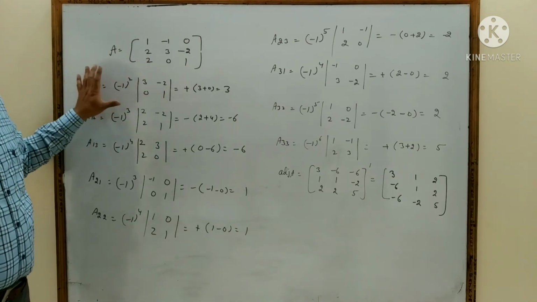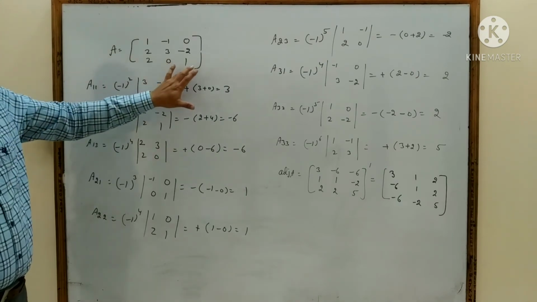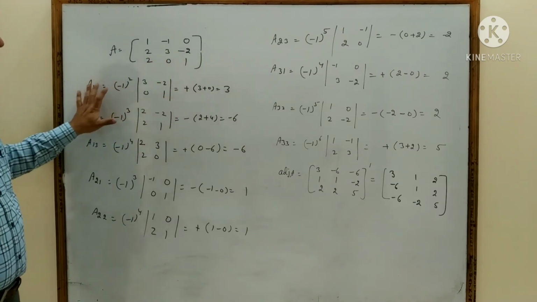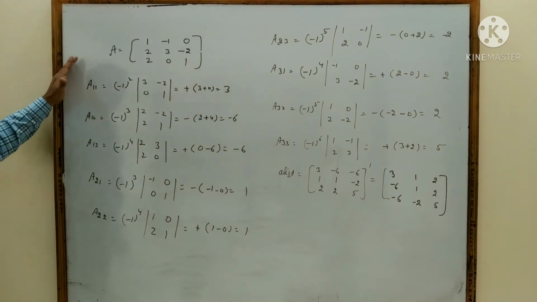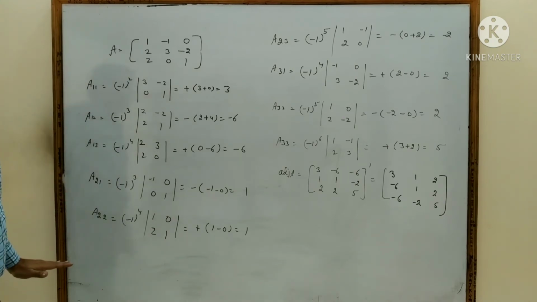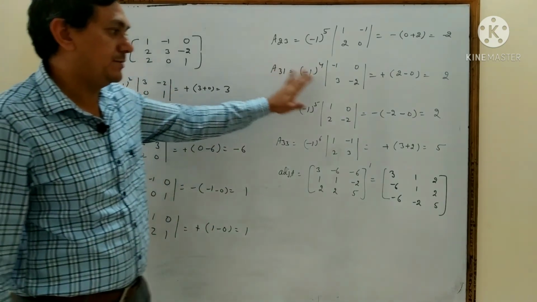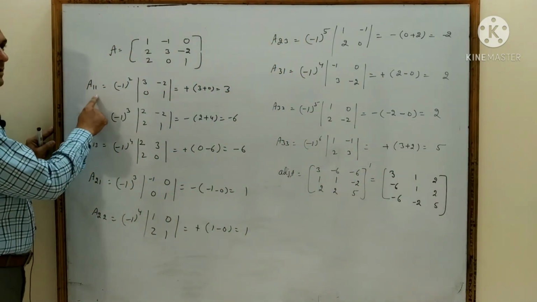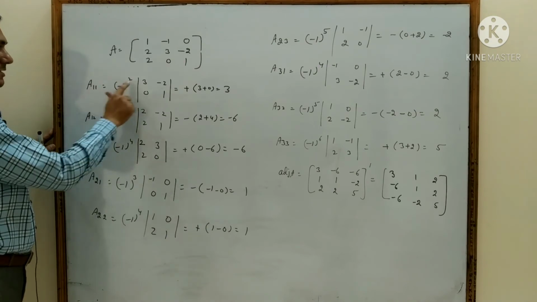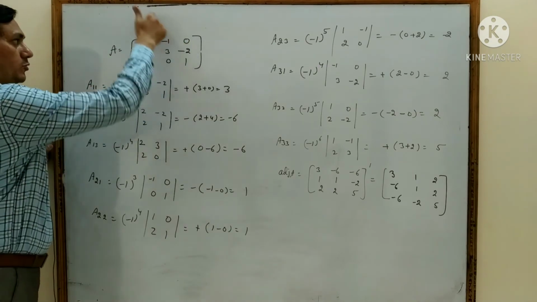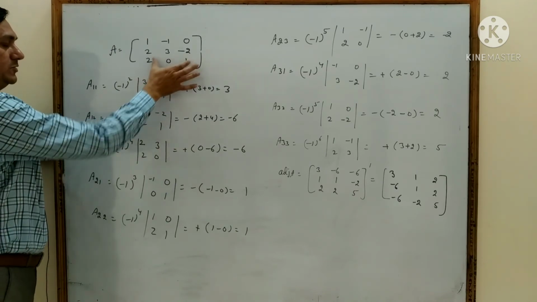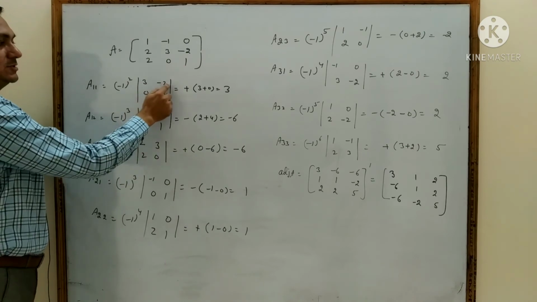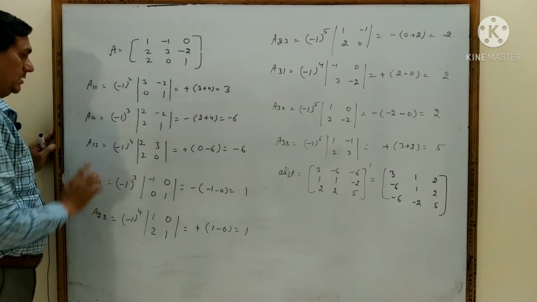There is no direct method in a 3 by 3 order matrix to find the adjoint, as there was in 2 by 2 order. We have to find the cofactors of each element, that is, 9 cofactors are to be determined. Let us revise. A11: minus 1 raised to the power 1 plus 1, that is 2, delete first row, first column. We are having these 4 elements and just calculate it: 3 times 1 minus 0 comes out to be 3.